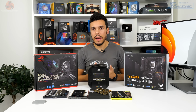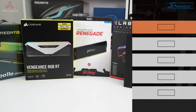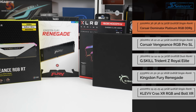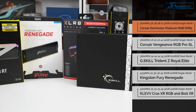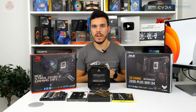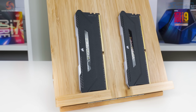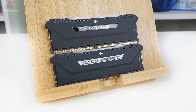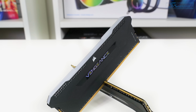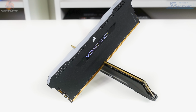For our DDR4 comparison test kits, we try to grab a reasonable range of frequencies and timings on the sets, and we also try to look at a varied configuration of dual rank, some single rank, and some 4-stick single rank also. So hopefully this will give us some variety of test data to look at. We have a Corsair Vengeance RGB Pro SL kit representing a budget 32GB option. This is 3600 MHz 18-22-22-42 at 1.35 volts XMP, and it uses 2x16GB DIMMs but using single rank Micron B-die